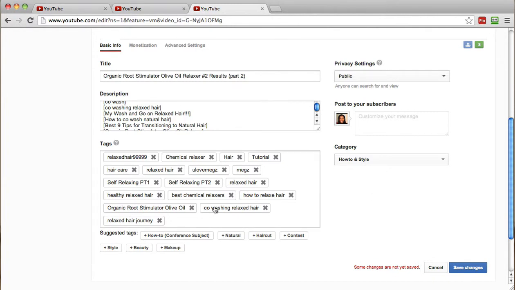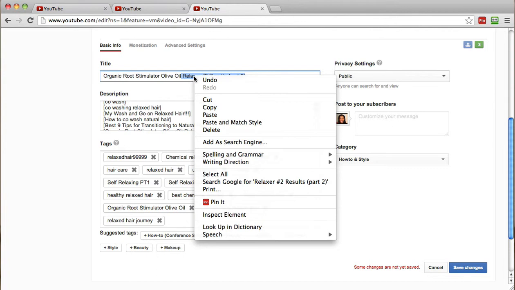Since YouTube has updated their templates in March of 2012, they've done a lot of changes to the template, and I'd say around November of 2012, they started changing how the tags appeared. Before, they were really just like text, just like you see here in the description box and in the title. So it was really easy to copy and paste content to other videos.